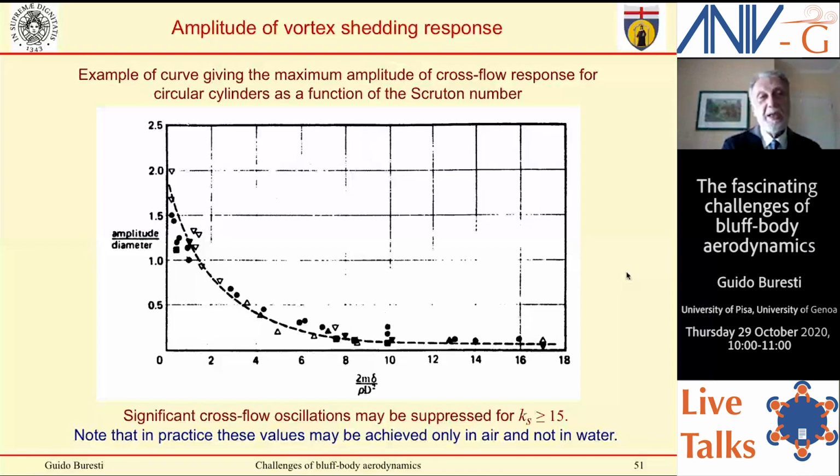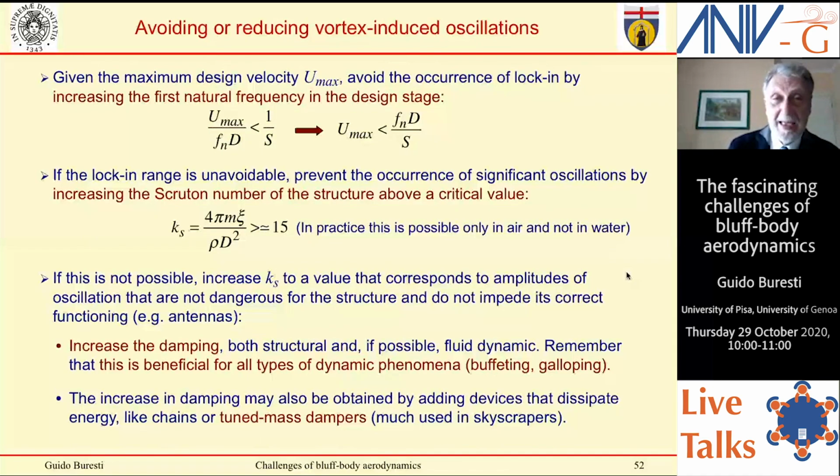So what can you do to avoid or reduce vortex shedding oscillation? The first thing to do, obviously, is to increase the first natural frequency in the design stage so that the maximum velocity of the flow, the wind, is below this value. And this is very nice, but it's not easy, because if you have a large structure, increasing the natural frequency is not that easy. So what you can do is to increase the Scruton number, and try to do this by increasing damping,